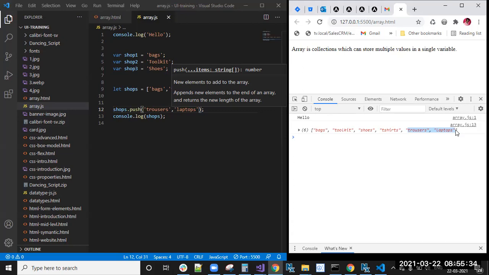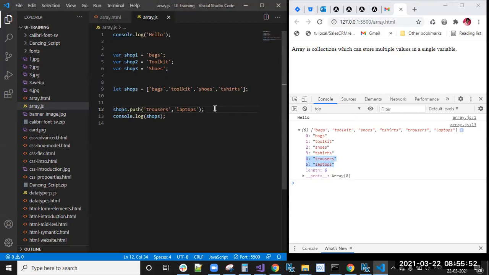By using push, you can push multiple elements also, like 3, 4, 5 elements at a time, and they are pushed at the last positions only, like the fourth and fifth positions. So this is the push method. Push means it will add new elements at the end.